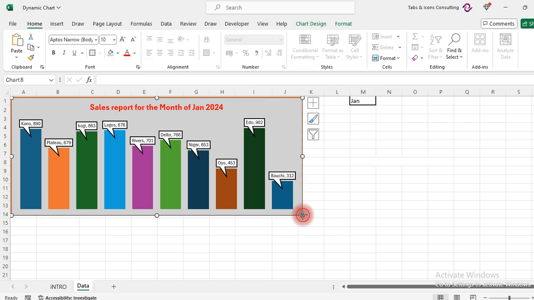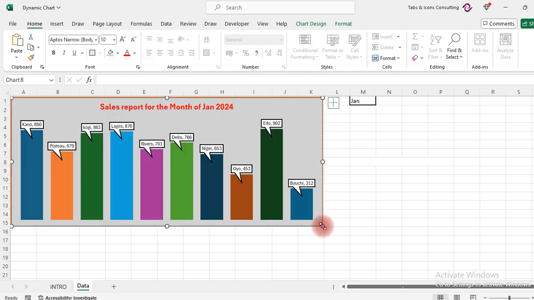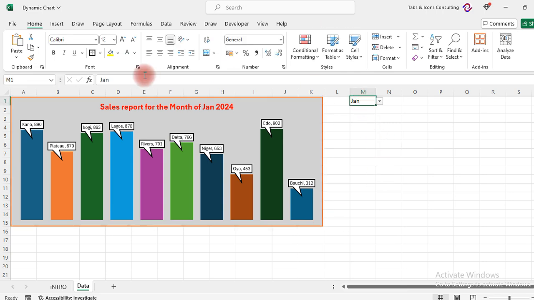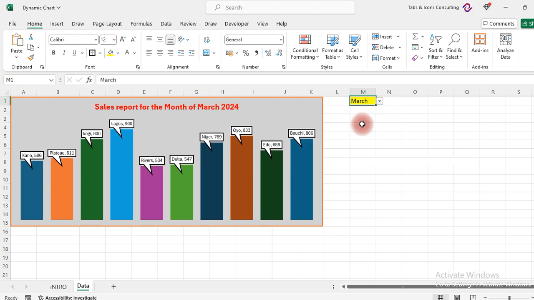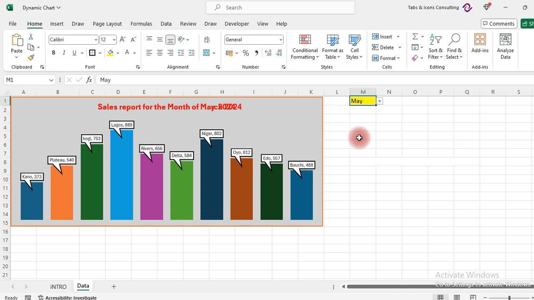You can make it fairly big so that your chart is beautiful. Now all I need to do, let me just color this place so I know what I'm doing there. I just select anything here and this is my chart for the month of March. Sales report for the month of March 2024. I come here again, I select May, sales report for the month of May. So just selecting this, I can easily say that in the month of March, Lagos did much more than others at 889 million, while Kano was the least performing in the month of March at